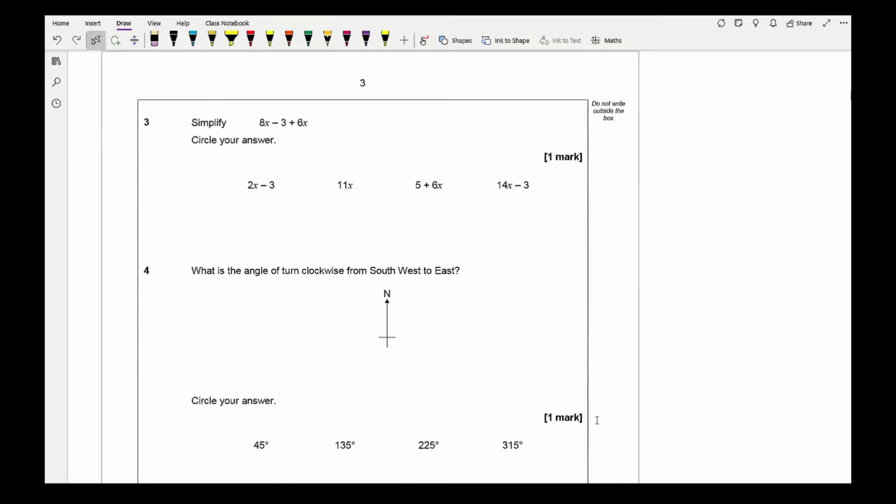And then with question 3, it's asking us to collect like terms. So here we've got 8x, take away 6x, which is 2x, and sorry, it should be plus. So here again, let me just get rid of that. So 8x plus 6x, which is 14x, and then we've got minus 3,